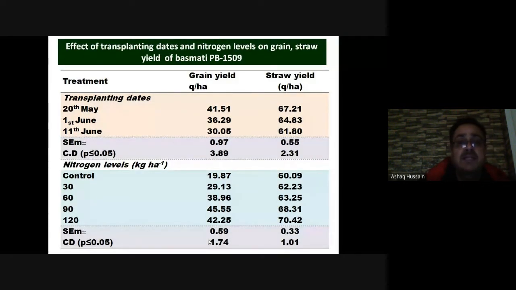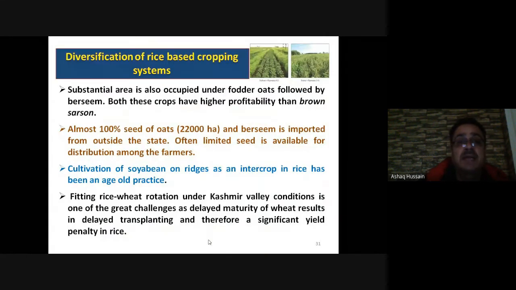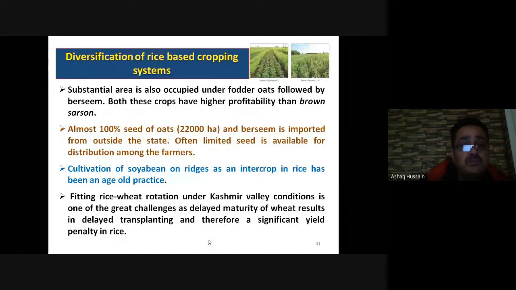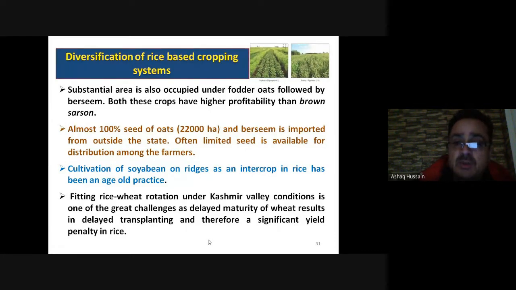Then this type of rice has to be sown a little earlier, 10 to 12 days earlier, around the 20th of May, for generating higher income, and it responds to nitrogen up to the level of 1900 kg per hectare. Then another opportunity that exists in Kashmir Valley is the introduction of brown sarson, which is already there. Then oats and berseem can be increased in area. Then cultivation of soybean during the summer season as an intercrop on the ridges in the rice ecosystems to generate